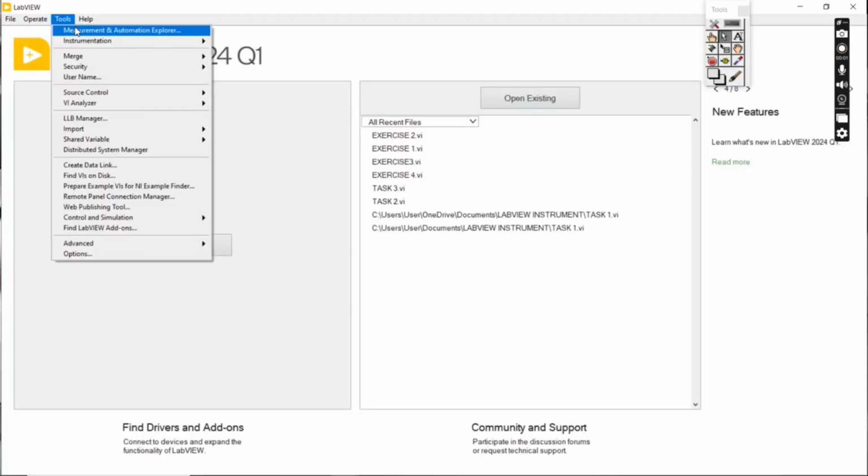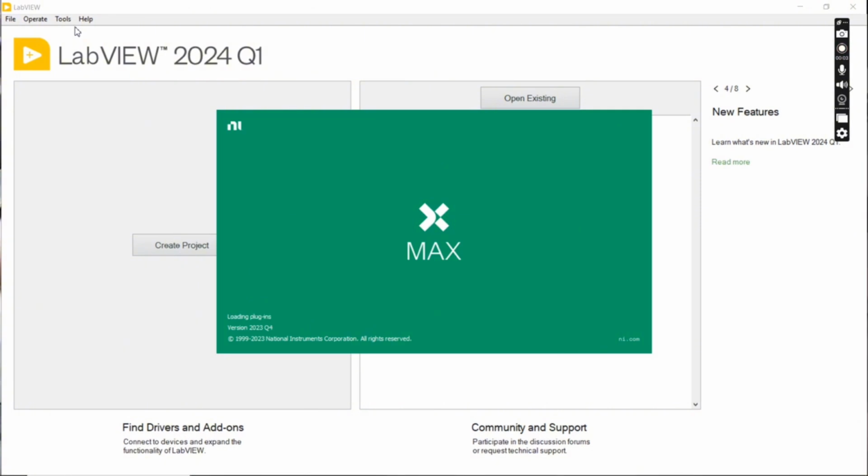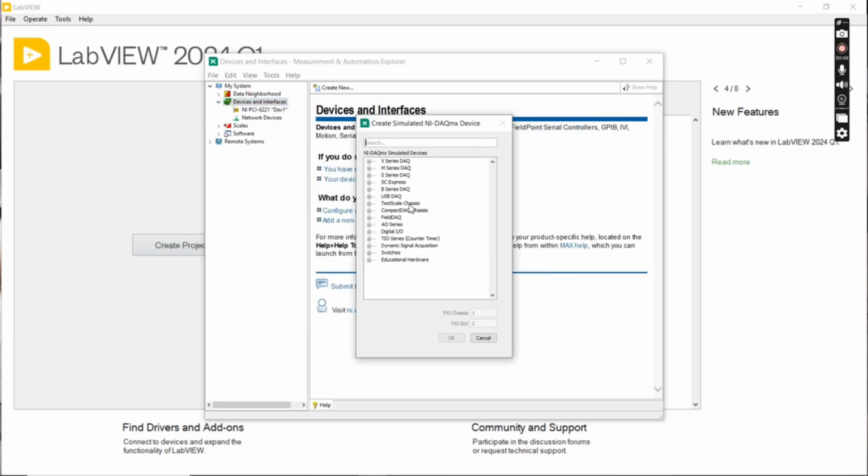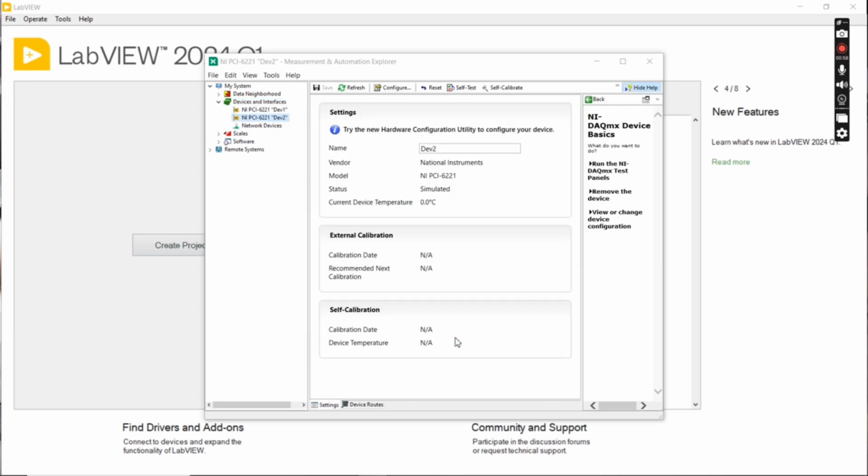Okay, next we move to the second exercise. First, for the overview of the task, in exercise 2, the purpose is to do data acquisition using a simulated DAQ device. This lets me practice collecting and analyzing signals without real hardware. For the step-by-step, we create a simulated device in NI MAX. Then,